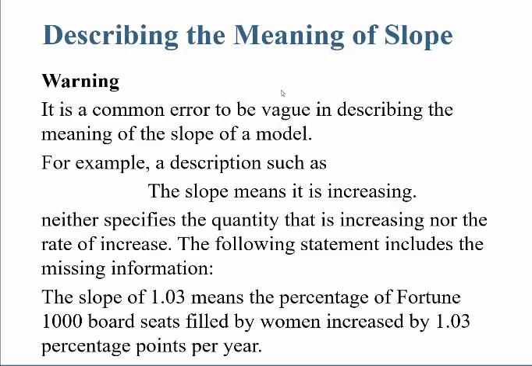All right, just a common warning here. It's a common error to be vague in describing the meaning of the slope of a model. For example, a description such as "the slope means it is increasing" specifies neither the quantity that is increasing nor the rate of increase. So the following statement includes the missing information: the slope of 1.03 means the percentage of Fortune 1000 board seats filled by women increased by 1.03 percentage points